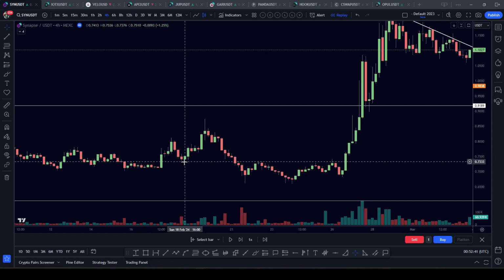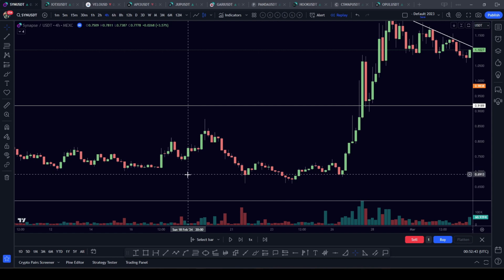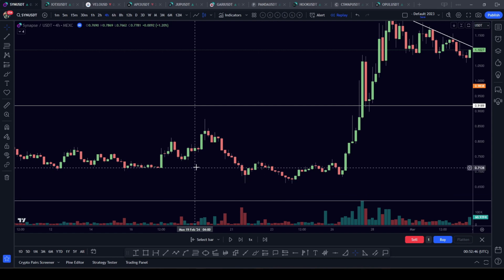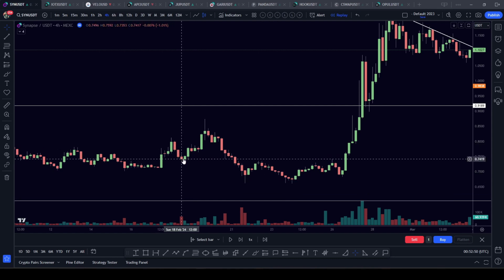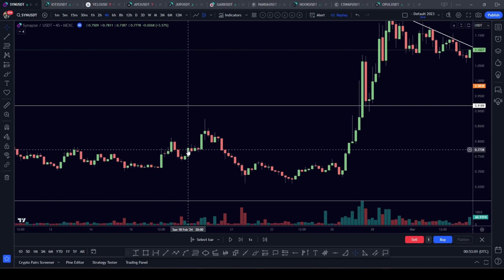It could continue falling until it finds support and then bounce up. But in this particular case, it did come up. However, the volume went lower. Price is going up. So here's divergence once again. Now the price should go down. But as you can see, price came sideways and the divergence did not play out.